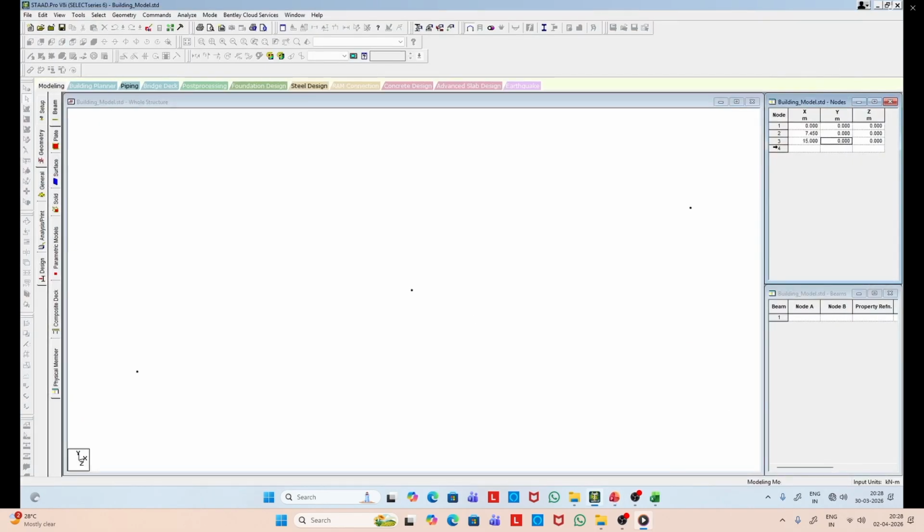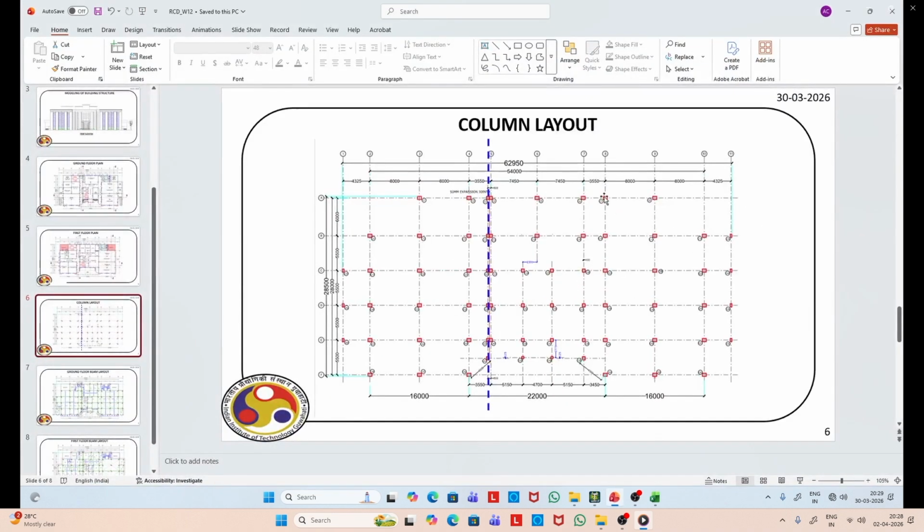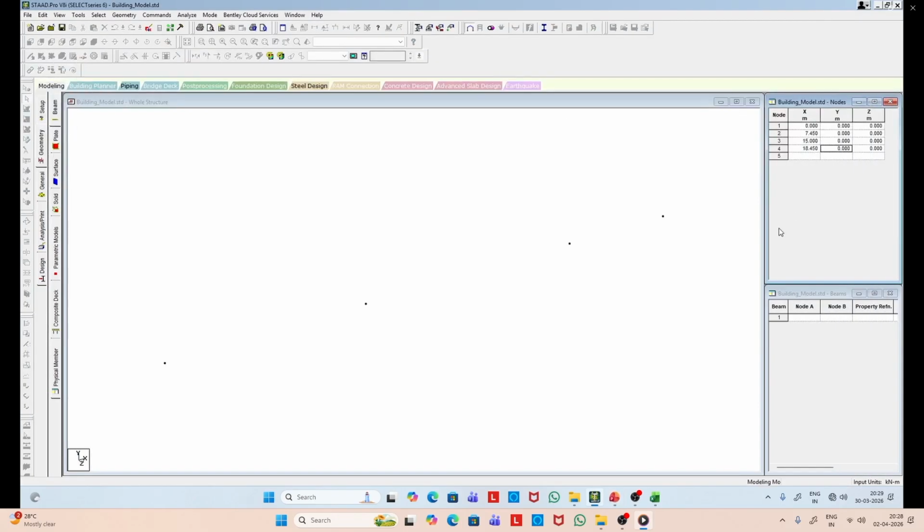As per the grid points, you can see on the right hand corner. So we repeat the process for other column locations, and accordingly create the complete grid for the ground floor.